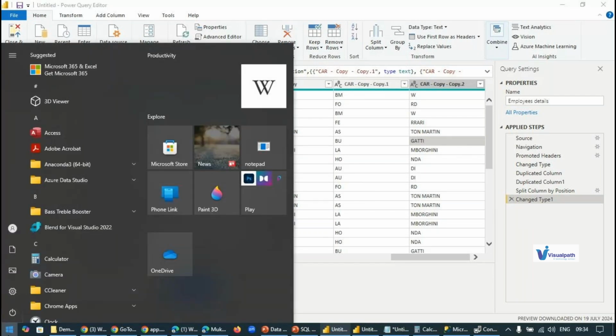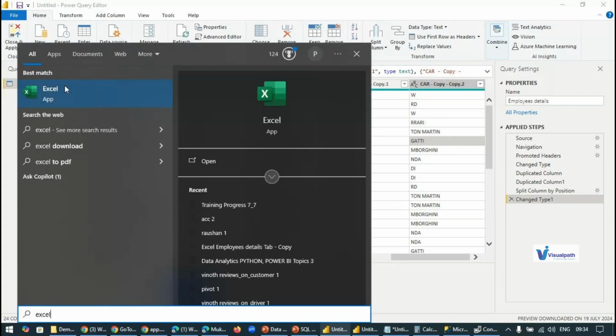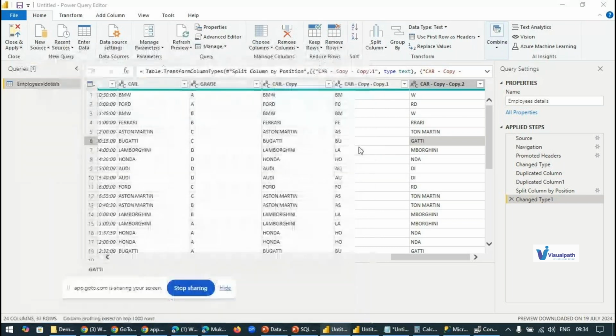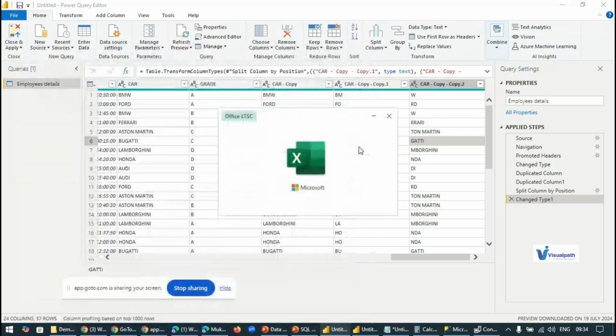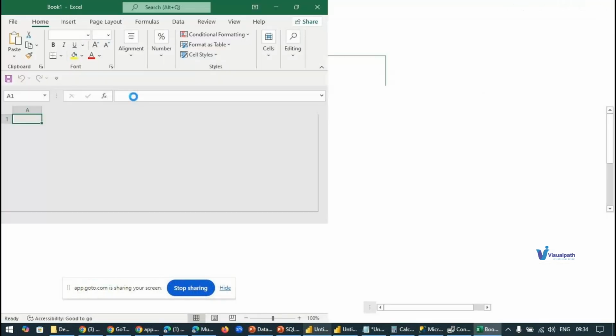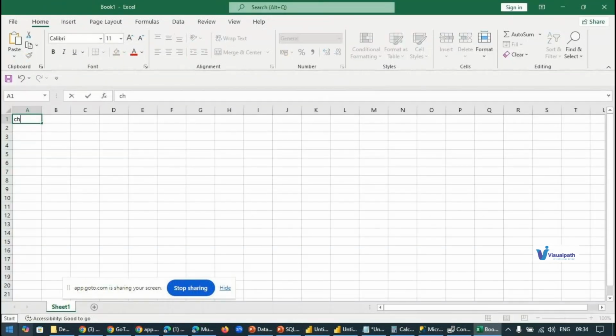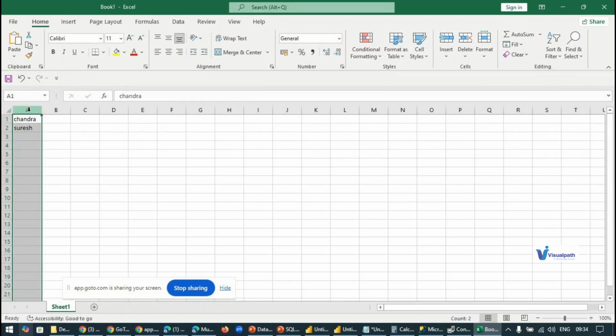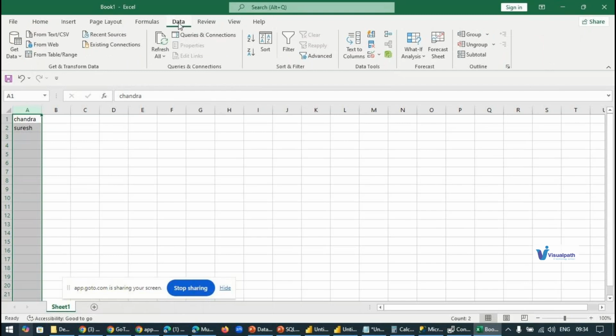Okay, fine. Do we have a split column option in Excel? Text to Columns we have, in the Data tab on the top.